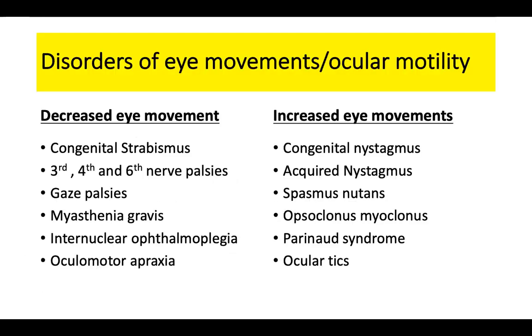So accordingly, this comes to the second part of our discussion. The eye movements can be broadly classified into the movements in which the eye movements are restricted or weak, known as paresis or palsy. So you can have the third nerve palsy, fourth nerve palsy, and sixth nerve palsy, causing different types of oculomotor weaknesses and different types of squint. Or you can have